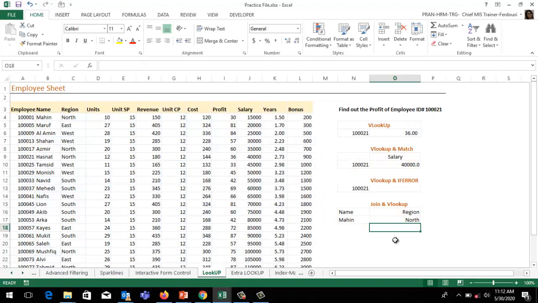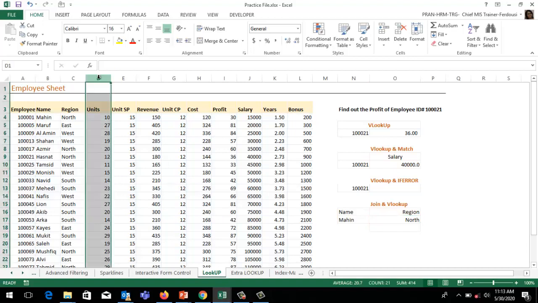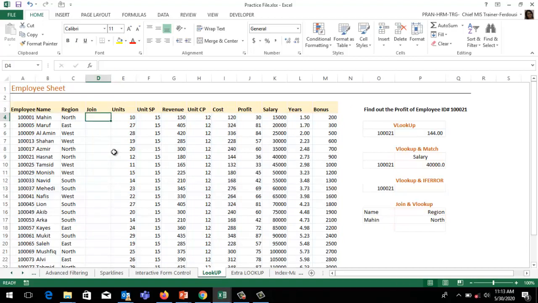Now we will use a trick with the VLOOKUP function. We need to search by name and region also, and we need to find out the result, salary or profit. With two criteria we can use a trick. That means we can insert a new column, name join, and join it: equals this cell position, and join with the ampersand sign.